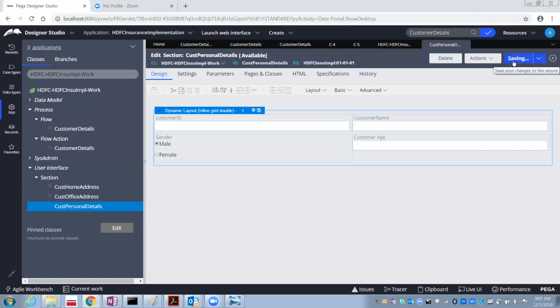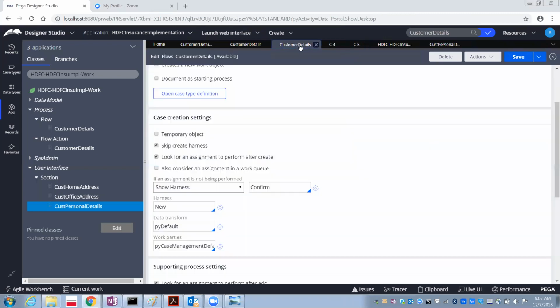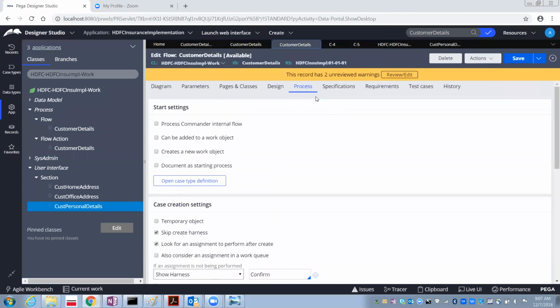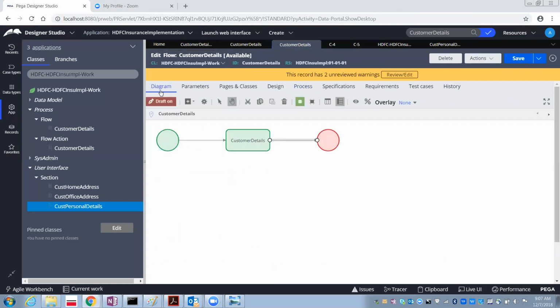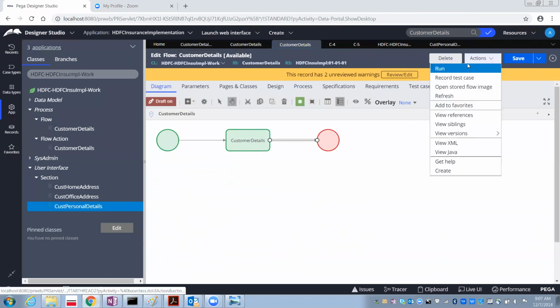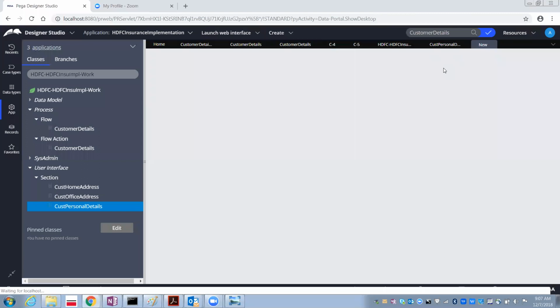Now save it, and then run this flow again. Actually we are in the process tab, so it is showing like this. In case you go to the diagram, then you will see the images. Wherever you are, no problem, but when you want to run it, use actions, run button.